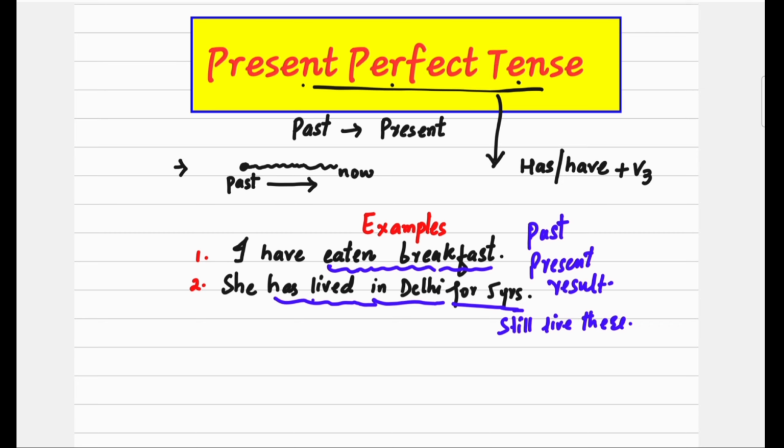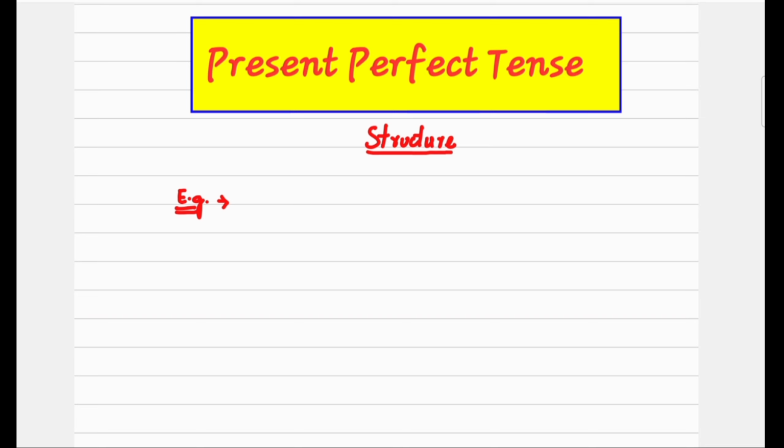Now, look at the structure of present perfect tense. Subject plus has or have plus third form of the verb plus object plus remaining sentence. For example,